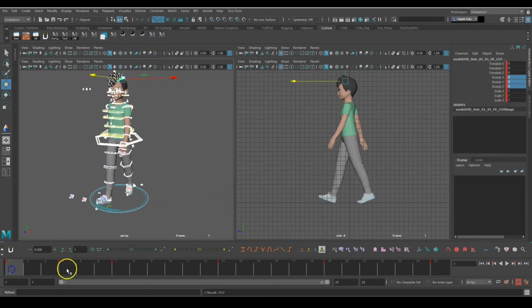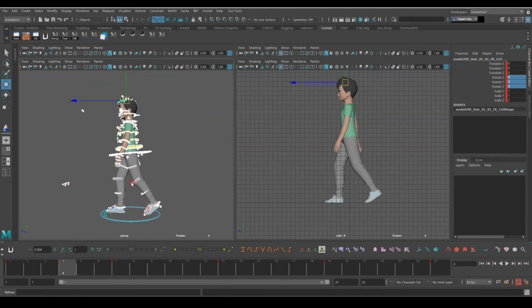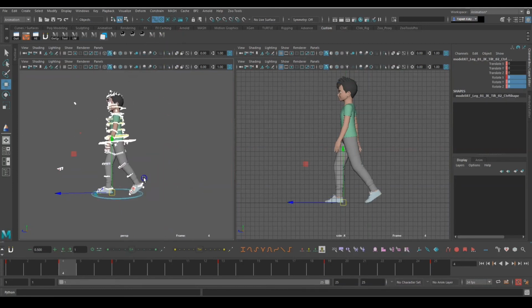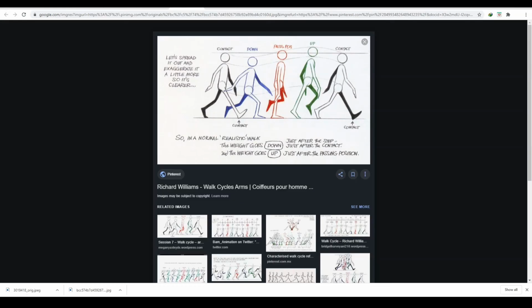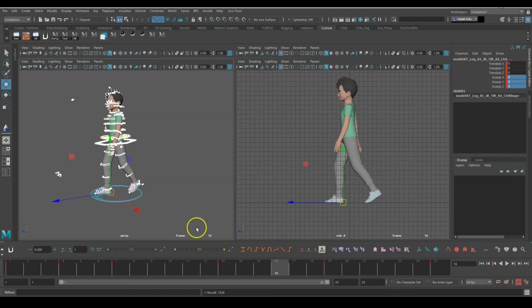Select all controls, set key. I will select these two controls which are not included in the script. So we'll copy and paste over 16 because frame number 16 is again the down pose.